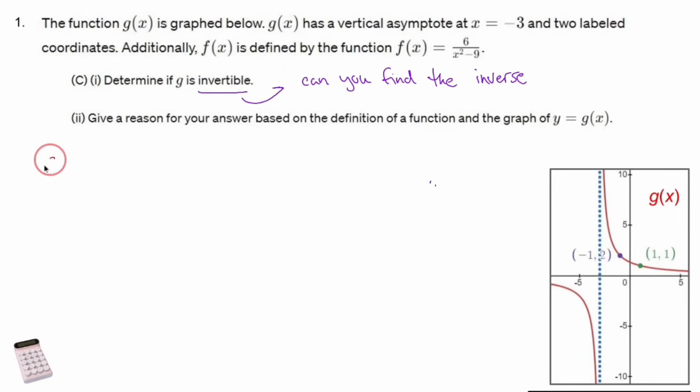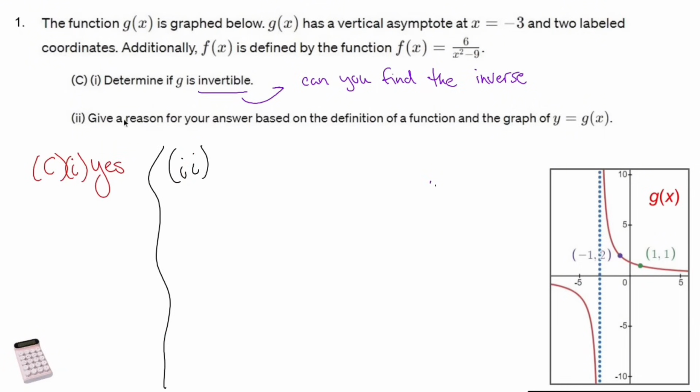Well, the answer to part C-I is yes. Now, here's the frustrating thing about the AP exam. Part 2 is asking to give a reason. Using the phrase, yes, because it passes the vertical line test will not fly for the AP exam. Why? It just won't. Remember, if you have a regular function, its inverse is when the x's and the y's swap. So what we could say is for every